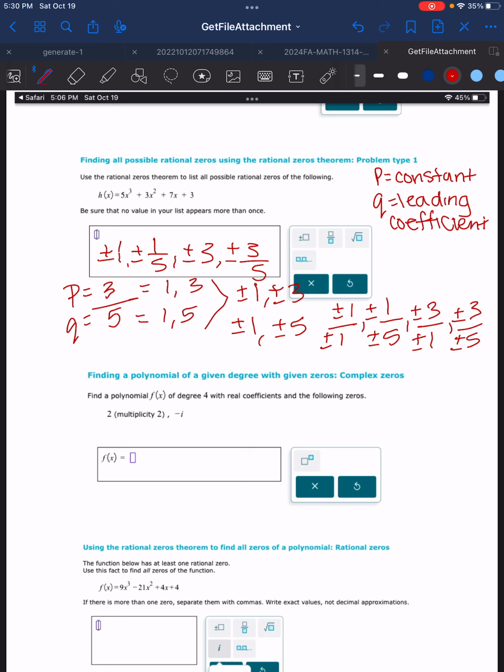Okay, looking at finding a polynomial of a given degree with given zeros with complex zeros. All right, so they give me 2 and negative i. So my zeros are